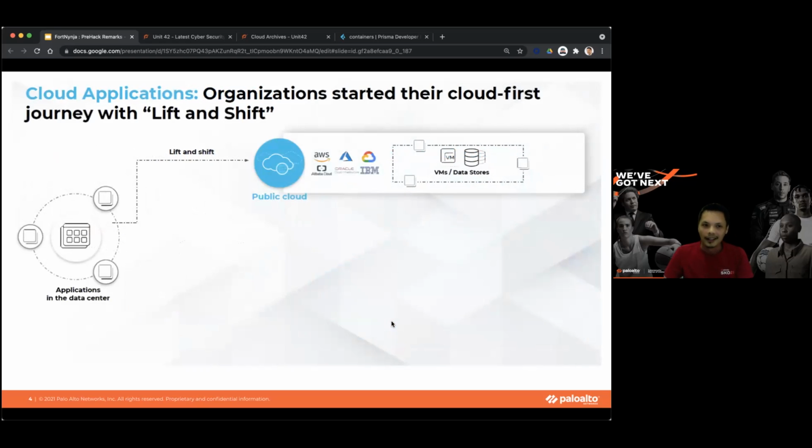So that's what we're talking about: securing the cloud. Now, in a cloud galaxy, a long time ago, far far away, this was how applications used to be done. The term was lift and shift.